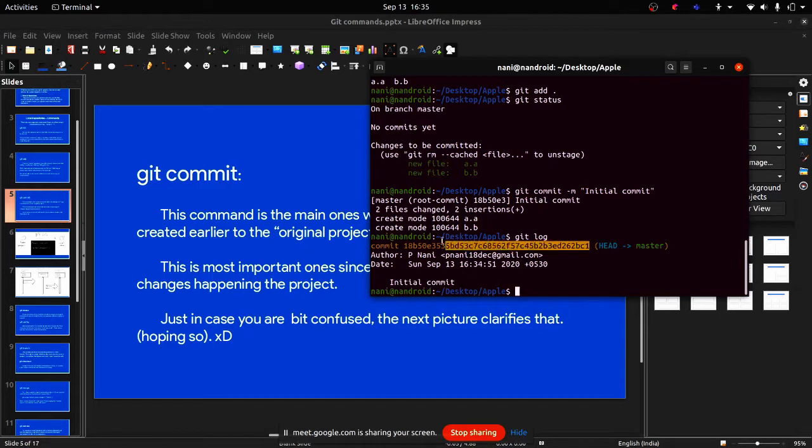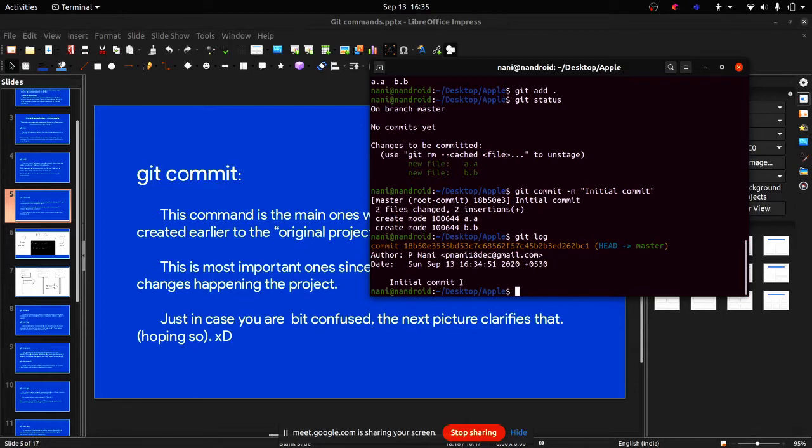This is automatically generated, I'll tell you while I explain this. So initial commit is the message which tells me that I have committed something, for this description. It gives me clarity, right? Why did you use comments in code? To understand the code better. In the same way, you will use git commit with a message, so you can understand why you made this commit to that particular repository.